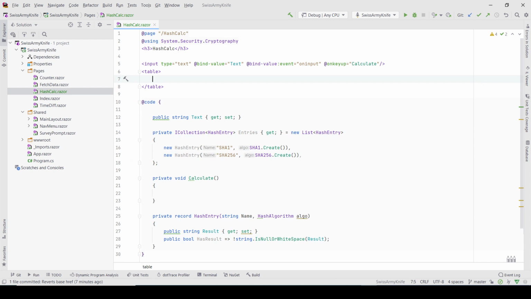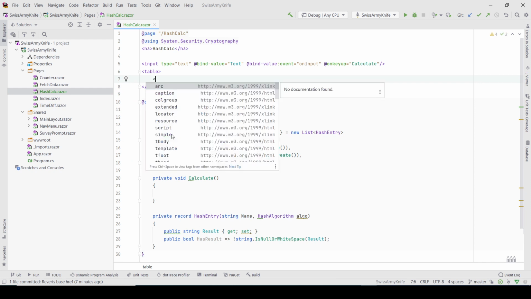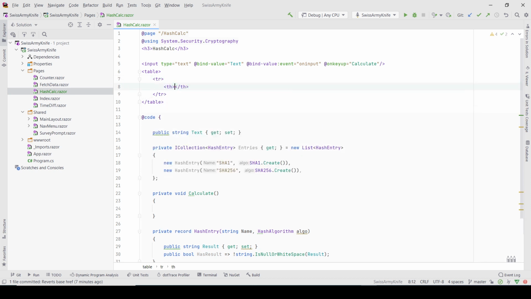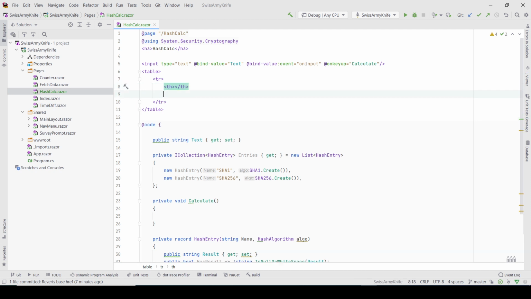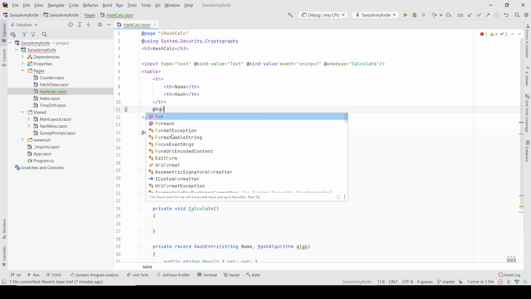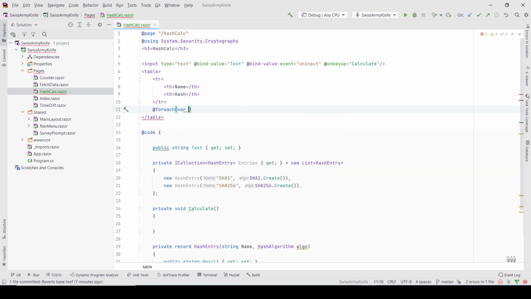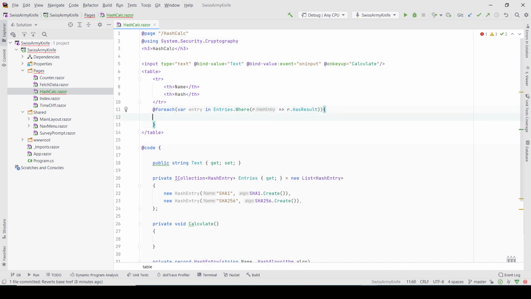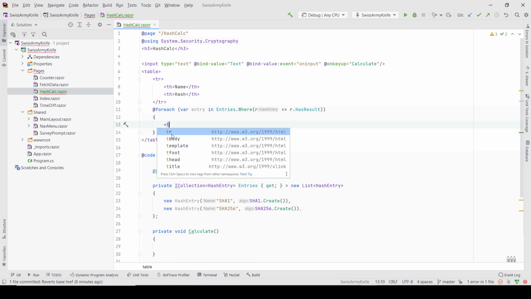So here I'll do a row with a header, actually two headers, with a name and a hash. And here I'm going to do a for loop that is going to go to each entry in entries where there is a result, and in this loop it is going to just create a row,